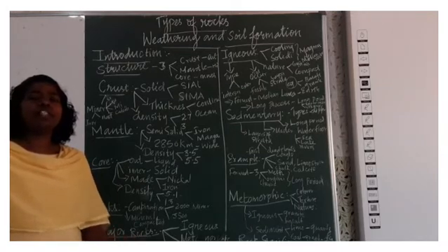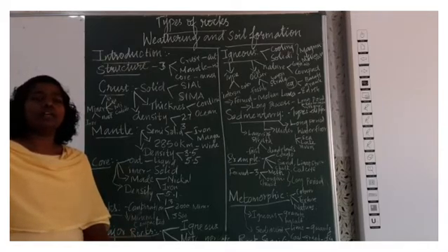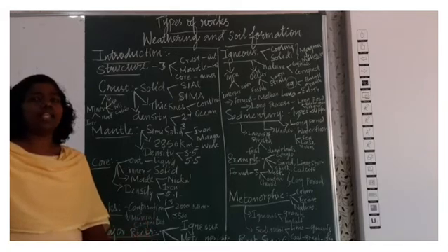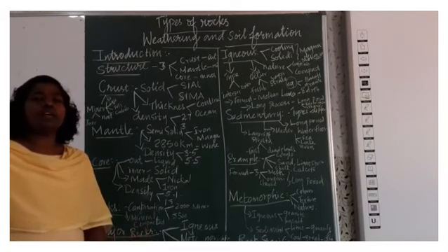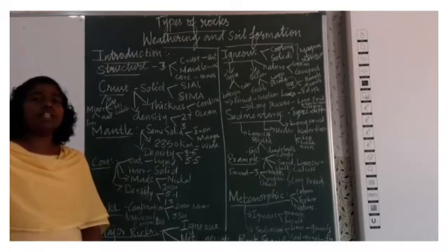In Fahrenheit, the freezing point is 32 degrees and the boiling point is 212 Fahrenheit. And when we take Celsius, the freezing point is 0 degree Celsius and the boiling point